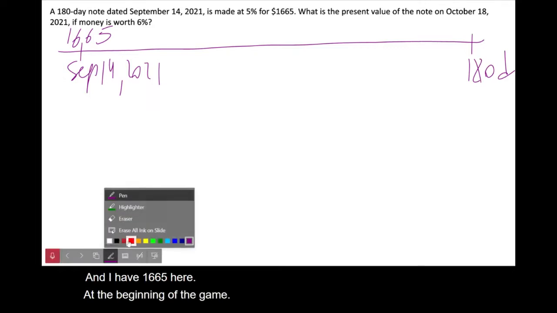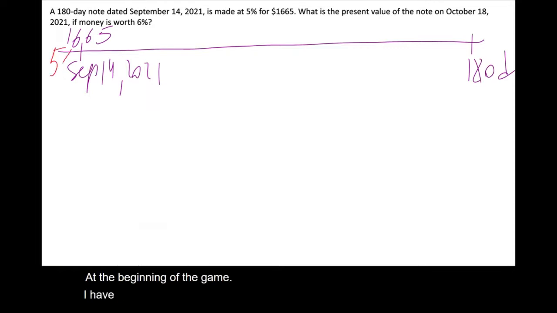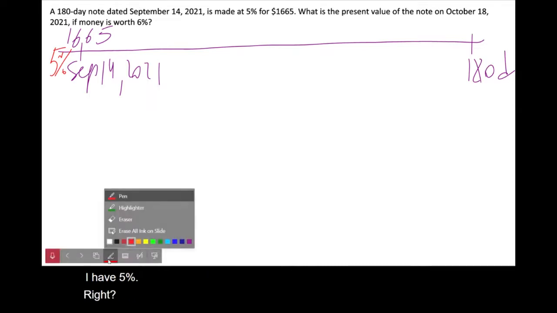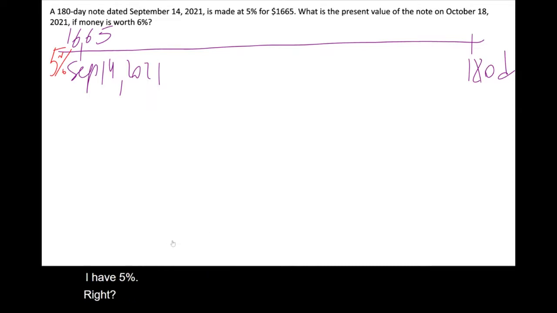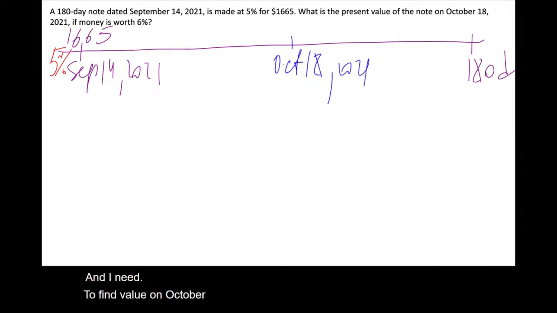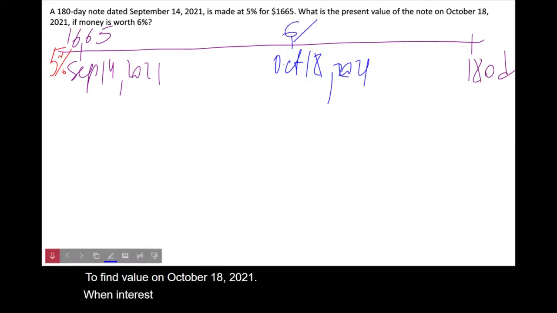I have 5%, right? And I need to find the value on October 18, 2021,